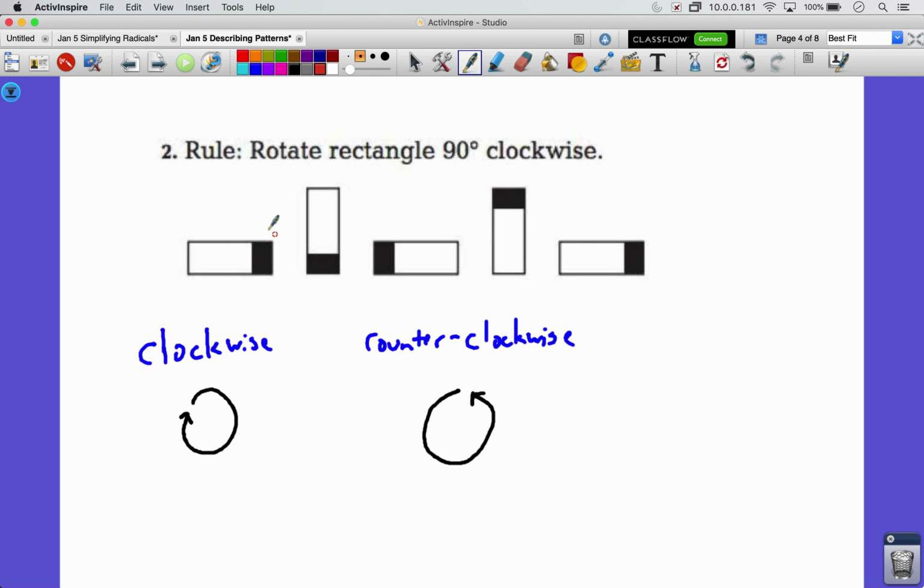All right, this shape has been rotated 90 degrees clockwise each time. Let's see if we can continue that. So it's going from lying flat to standing up to lying flat to standing up. So we know the next one's going to be standing up. And then this dark part here is moved clockwise around 90 degrees, so now it's at the bottom of this rectangle. Continues again now to figure 1, 2, 3, 4, 5, 6. It's lying flat again, but that dark part has moved 90 degrees clockwise again to this position. So 90 degrees,